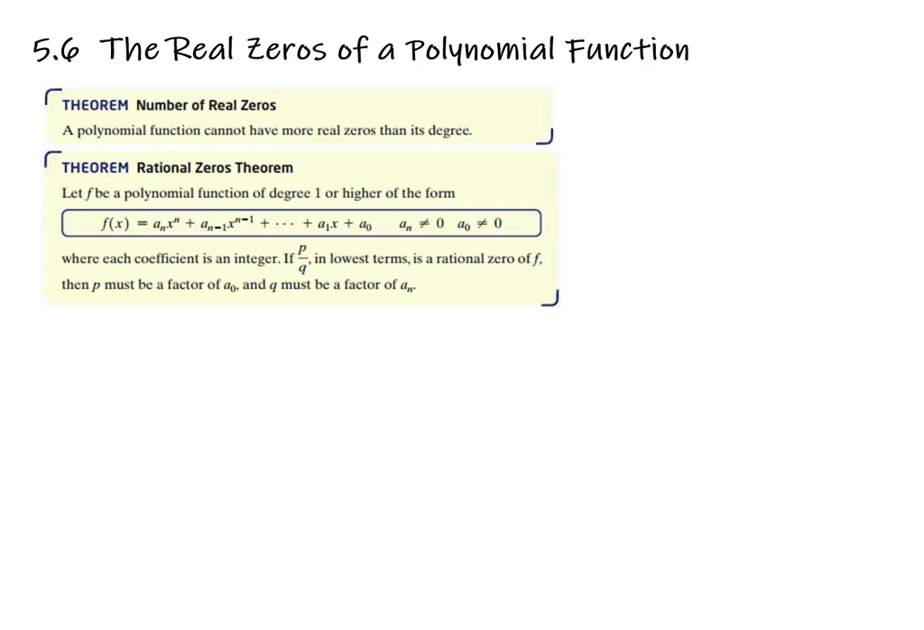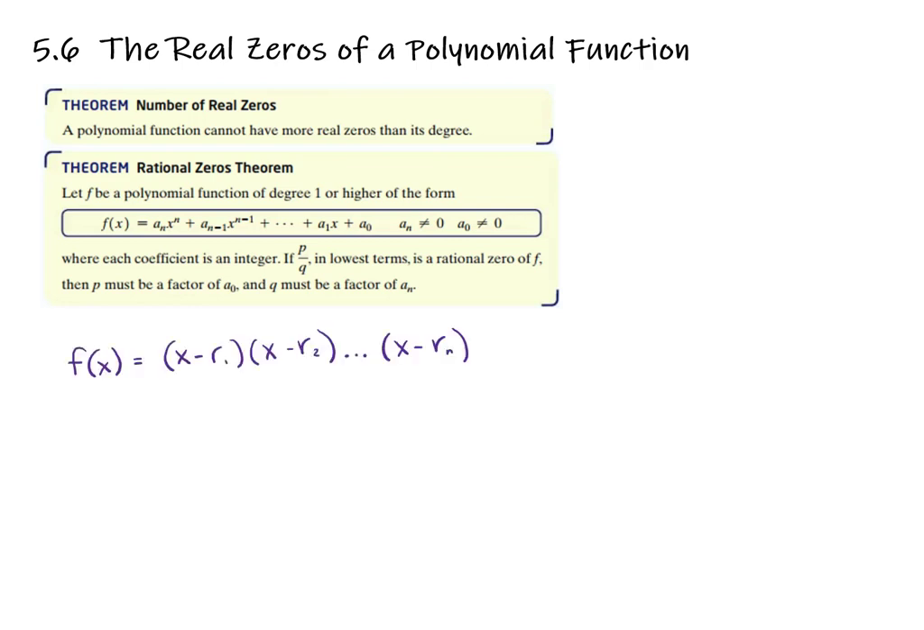So the theorems on this page are geared towards helping us find some of those roots. The first one just tells us how many real zeros we can find. It says a polynomial function cannot have more real zeros than its degree. And this one comes out of the definition that a real zero is the same thing as a factor. And so when you think about how many factors a polynomial can have, it can't have more factors than its